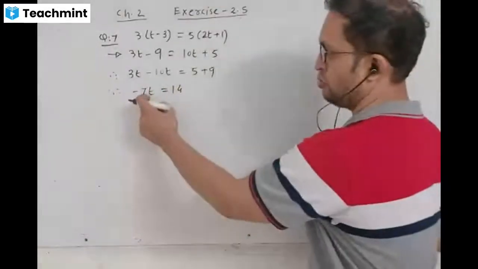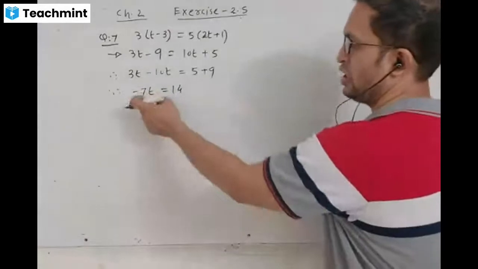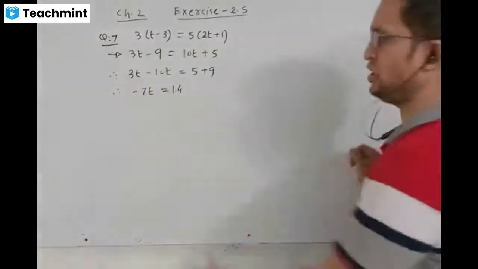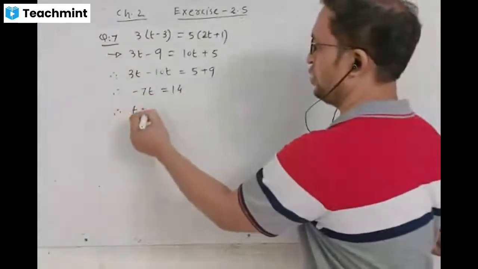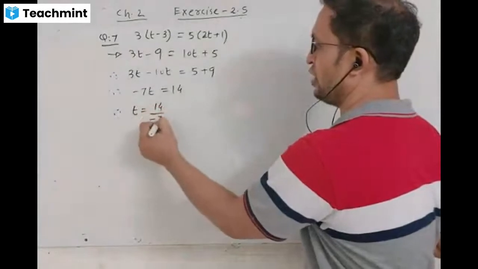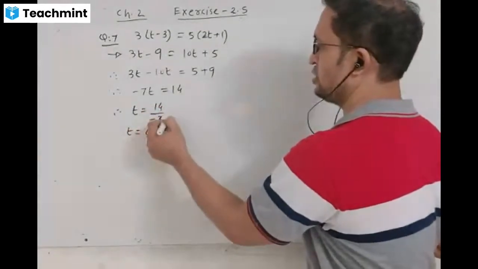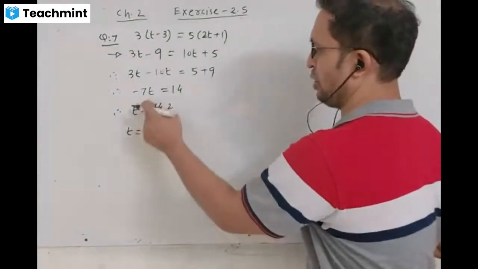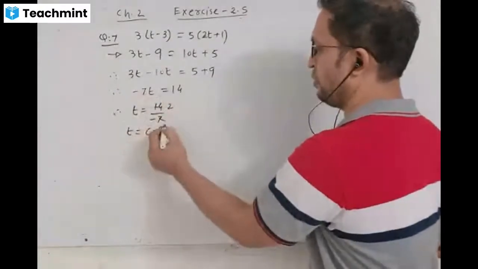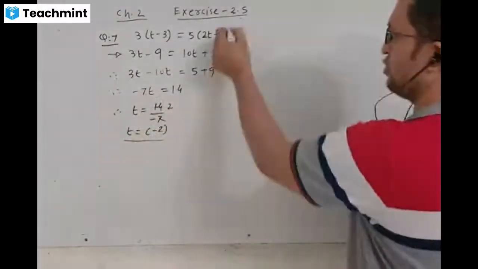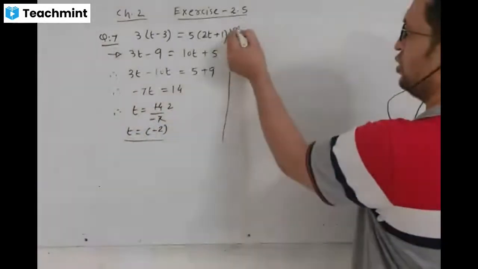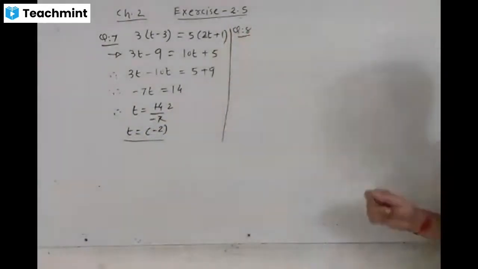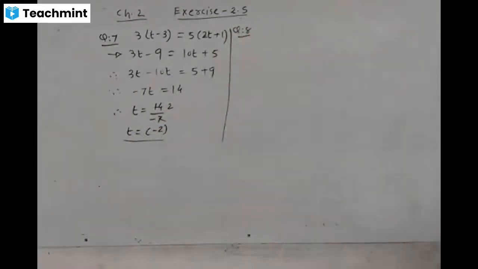Here minus 7 divide, transposing to right side, that is in division form. Then t is equal to 14 divide minus 7. T is equal to 7 2s are 14, and minus sign convert to numerator form. Here t is equal to negative 2. Okay, then final answer t is equal to negative 2. Okay, clear? सर मैंने 3t को इस साइड लेता हूँ फिर भी सही.